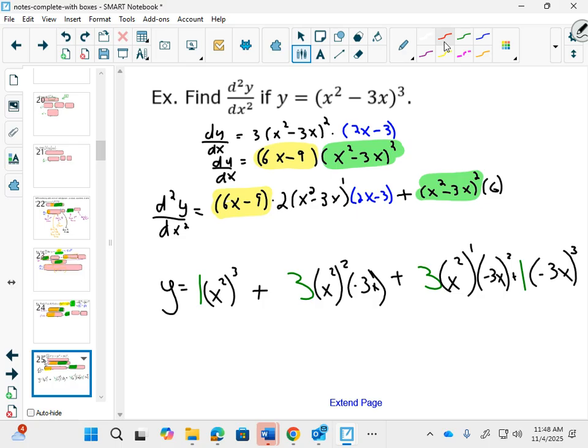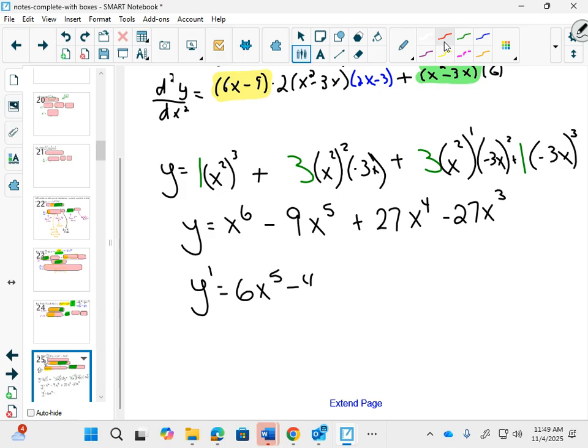Just for fun, I'm using Pascal's triangle and I'm multiplying that out. If I did that, I would have got y equals x to the 6 minus 9 x squared x to the 5 plus 9 times 3, 27 x squared x to the 4, and finally minus 27 x cubed. The nice thing about using Pascal's triangle,